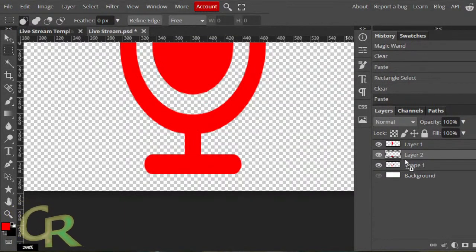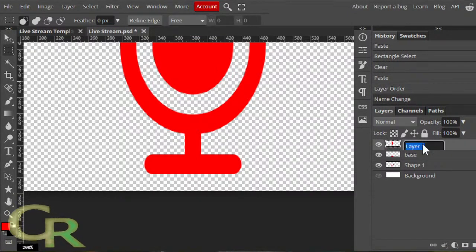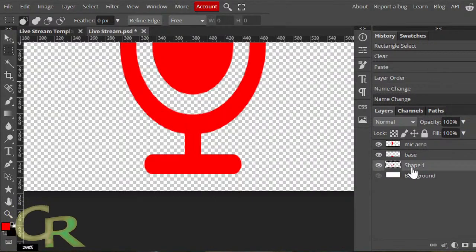Now I'm going to rearrange these, make sure I know what's what. So this would be the base, this will be the mic area, and this I'll just call U, because it looks like one.